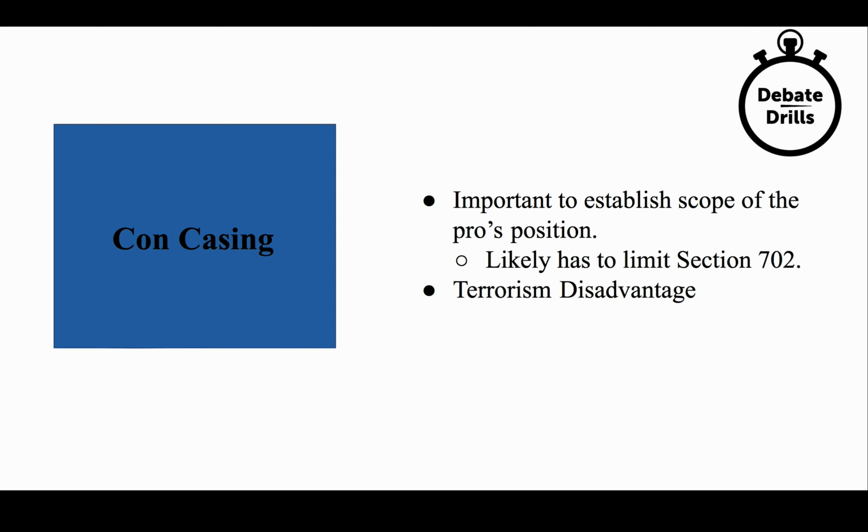So the first position is probably the most intuitive, which is the terrorism dissad. We need to ensure we can collect data on potential threats to foil plots. Collecting all of the data is necessary, and if we just don't collect some of it, it's likely that information will slip through the cracks. There is obvious tension between this and the position I outlined for the pro side about information overload, so to resolve this debate, you will want to read good cards that were able to handle the data just fine.